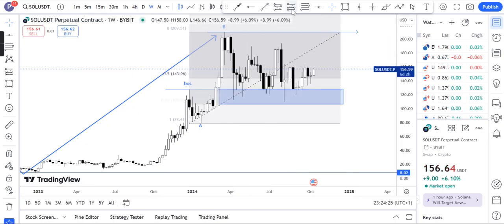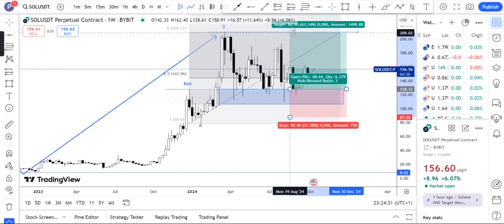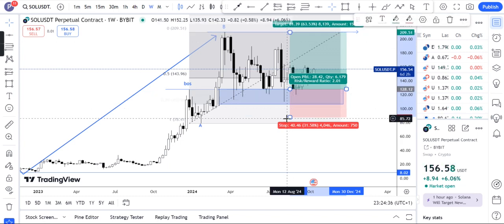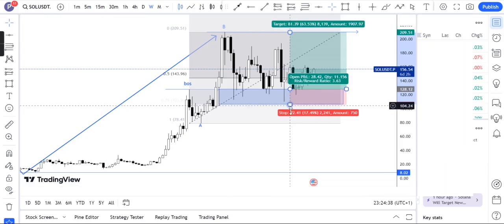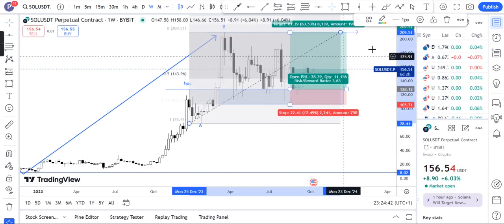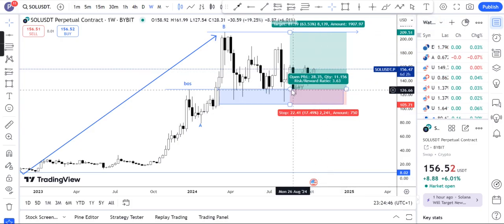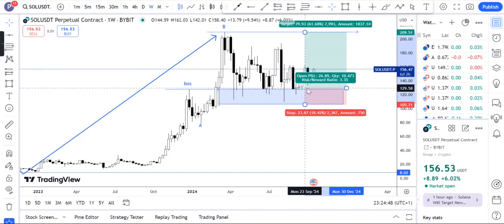Now, ideally, what we would be doing is to simply put our entry there, and then we'll be targeting this area as our take profit, and then we'll be targeting this point as our stop loss. You understand? But then, because we want to see this chart on our lower time frame, we can simply